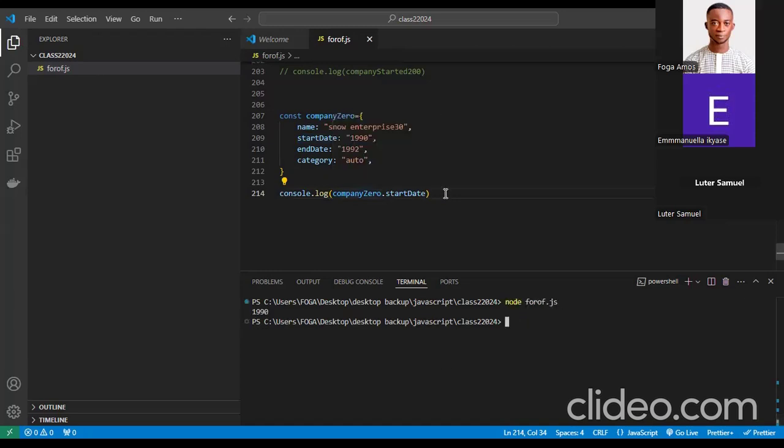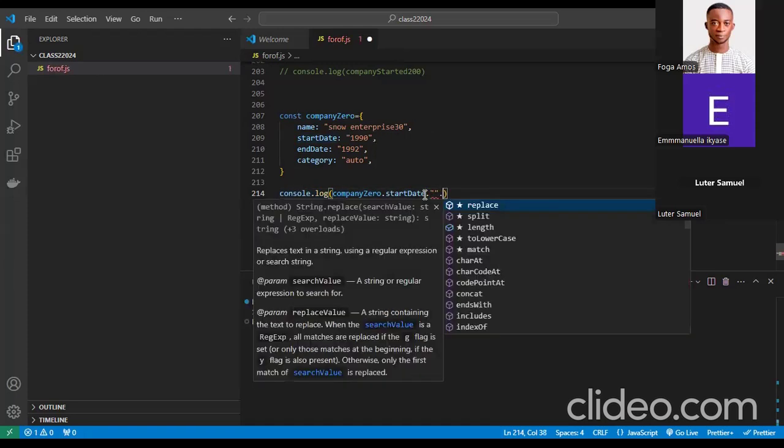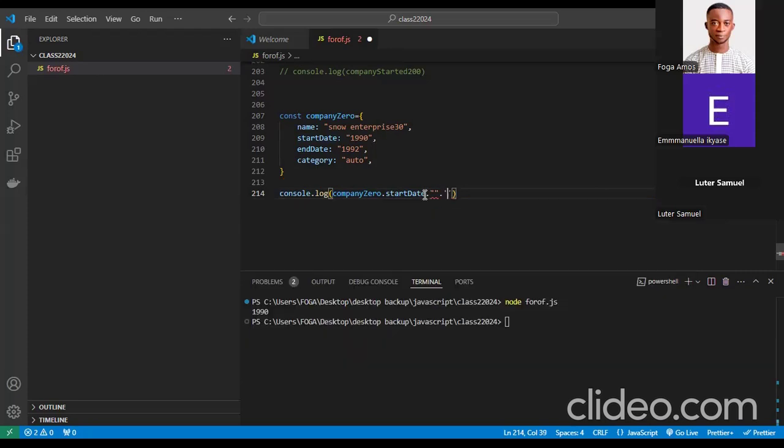But assuming we want to print out something like: this company name is this, started in this, you have to be doing maybe something like this. Or plus, sorry. Plus. Of which we don't like that. So we can actually do